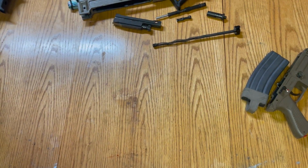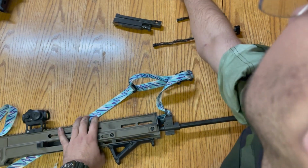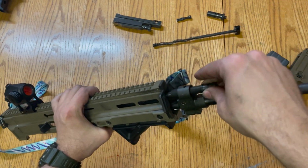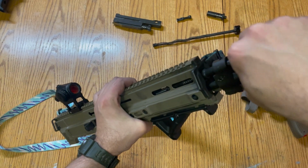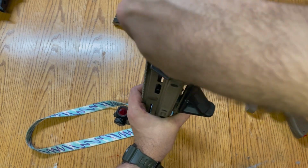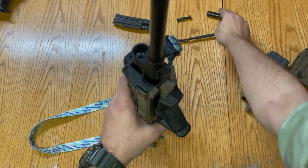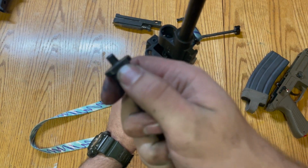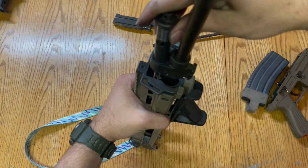Now we'll do the 805. Do basically the same thing. It's just a little bit easier to reassemble the 805 because you have the whole piston and return spring assembly is one thing. There's no 2 pieces. Still have to line it up with the hole for the operating rods. There we go. Now when you're reassembling it, you want to make sure that this flat, which has the caliber marking on it, lines up with this flat on the gas block, so you can drop it